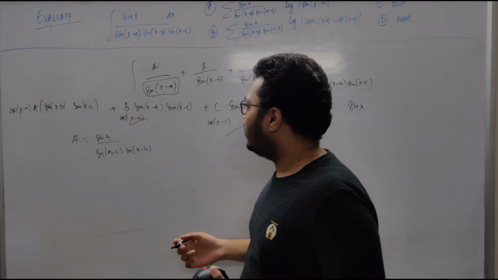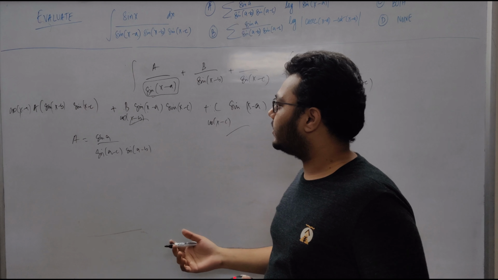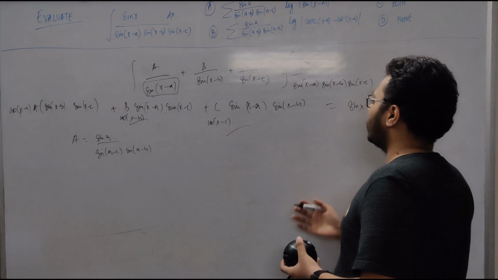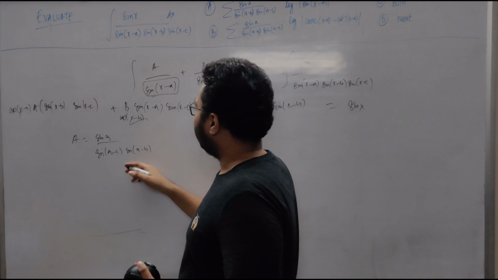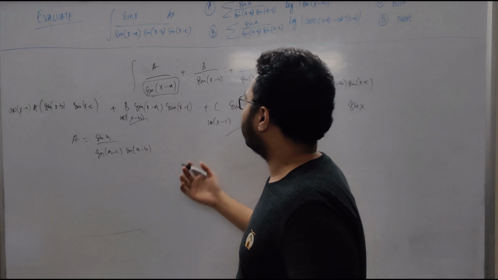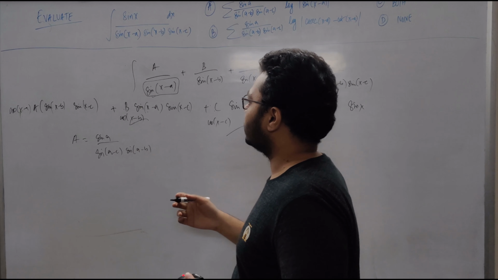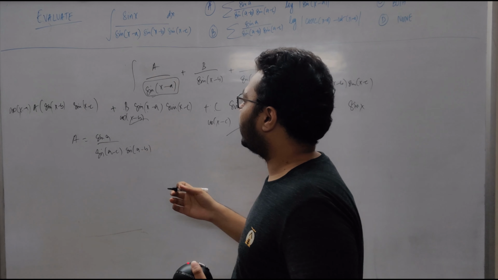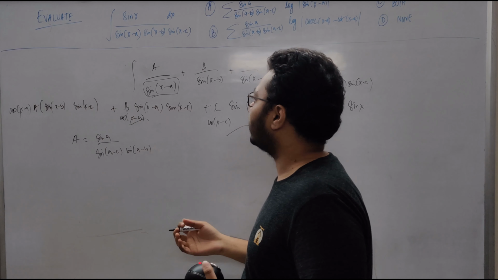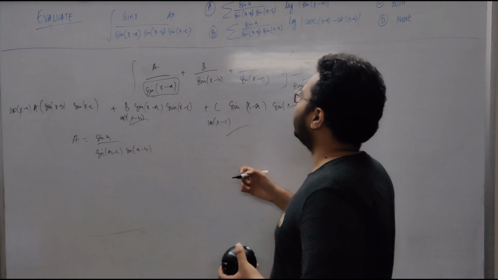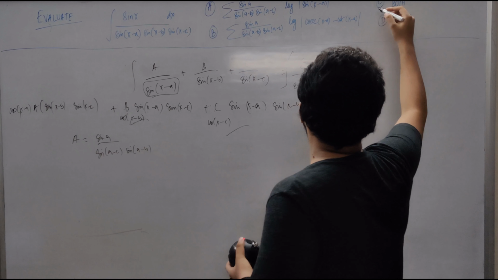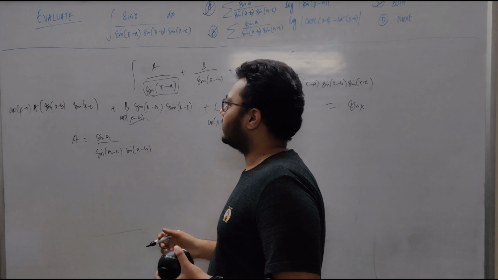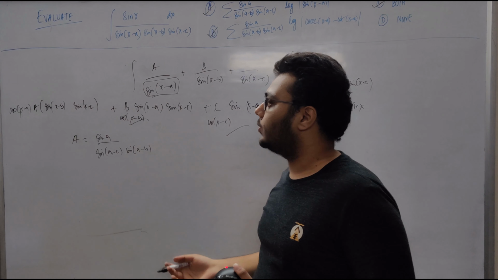So the value of a, b and c remains the same, but when we divide by sin of x minus a, sin of x minus b, sin of x minus c on both sides, we will get a into cos of x minus a upon sin of x minus a, plus b into cos of x minus b upon sin of x minus b. So sin of x minus a is not the only term. Now we have to integrate cot of x minus a instead of cosec of x minus a. In that case, we will get both of these as answers. So our answer is A, B and C, and this was the only cool observation.